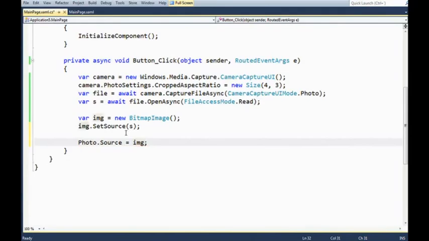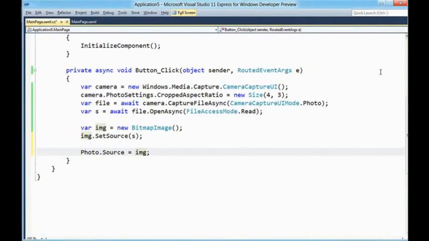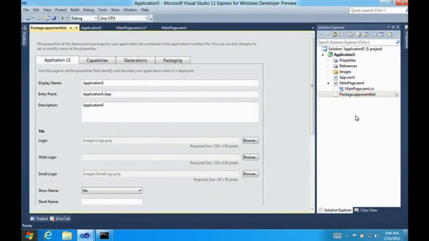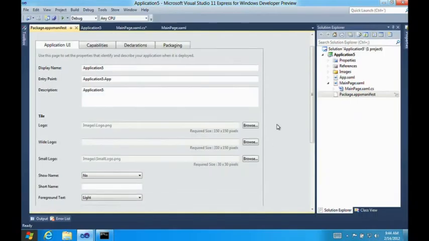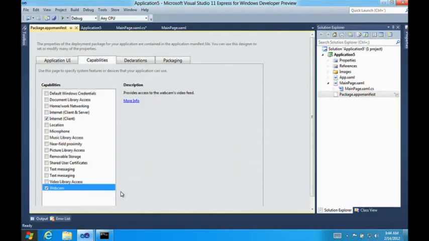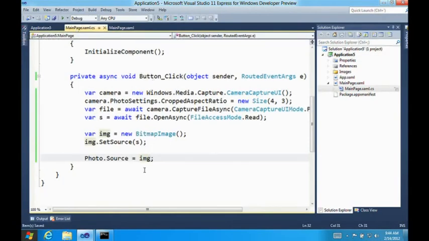Now, I've forgotten one thing, is that this API, as we've seen before, has capabilities webcam and microphone. If I want to use those guys, I have to declare in my application manifest that I want to use those guys. So going back here to the appx manifest file, which is really an XML file that's rendered by a designer here in Visual Studio, I can go to the capabilities and say I want to have access to the webcam. And so this will actually segue us into an additional explanation of how those capabilities work in just a moment,